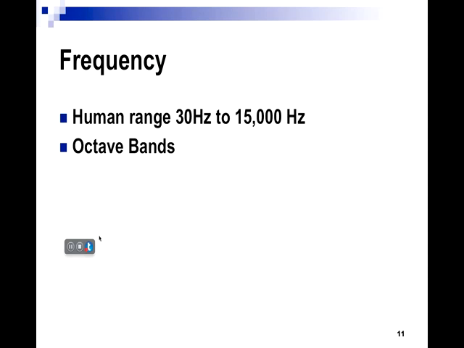The next part of the sound wave I wanted to talk about, since we just talked about amplitude, is the frequency. Now, the frequency for human hearing varies. It's, for most people, about 30 hertz up to 15,000 hertz. And this is a range that's pretty typical for human hearing range. We can break this frequency spectrum into octave bands, where one frequency is exactly double another. And if you play instruments on the piano,